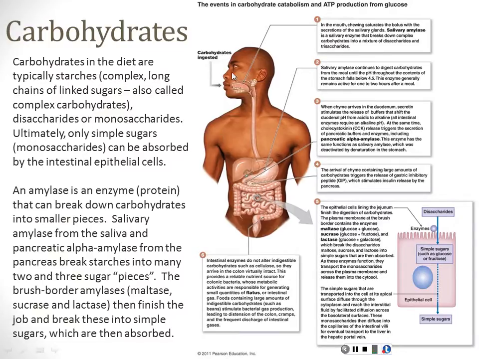The digestion of those starches started in the mouth, continued in the stomach until the pH got too low and turned that enzyme off. Then the pancreas added its enzyme, alpha amylase, which broke the starch down into disaccharides and trisaccharides. And then right here on your brush border, we get to simple sugars, and those simple sugars then enter